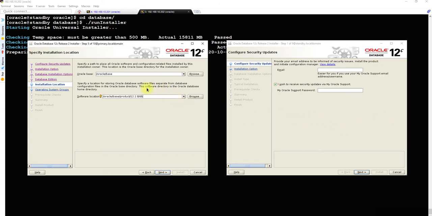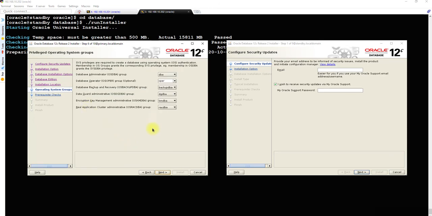Okay, so currently what we will be doing is we will be making sure the directory structures are created in the same way as in the standby. Okay, so everything should be same. So make sure this is same. Whatever name you want to put, but the thing is both of them should be same. That's what I am doing. Okay, leave that whatever it is here.